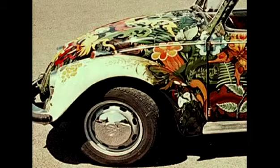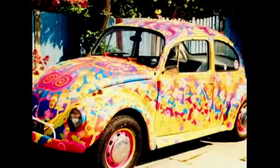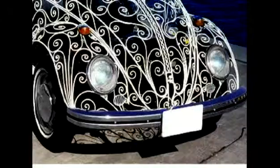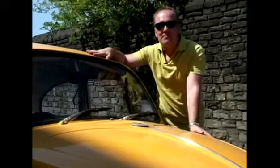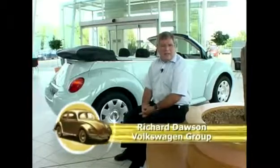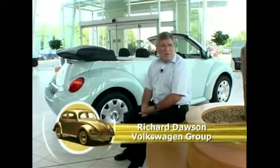Well, the Beetle took off in the 1960s. It was really the perfect transport, wasn't it, for the hippie chicks, the flower power generation. Here was a motor car that was acceptable even to the sort of sandal-wearing, bead-bedecked tree huggers of that era. I mean, in the 1960s, I think everybody from all walks of life were driving Beetles because of their reliability and because they got you from A to B